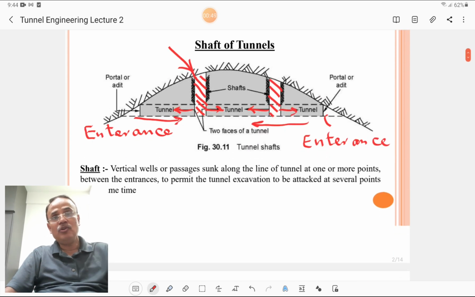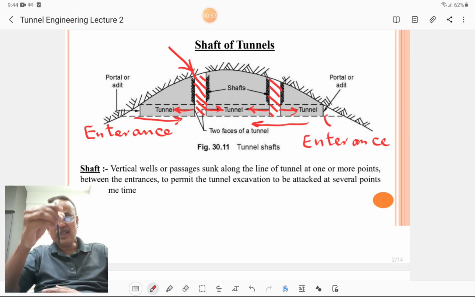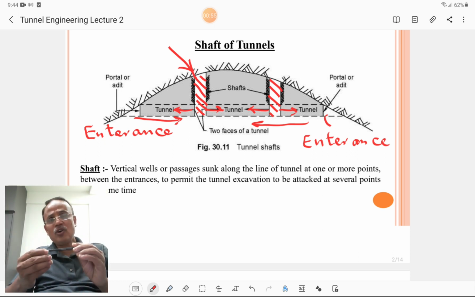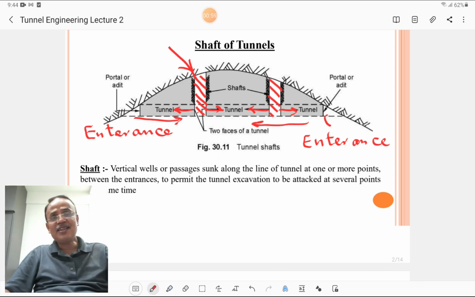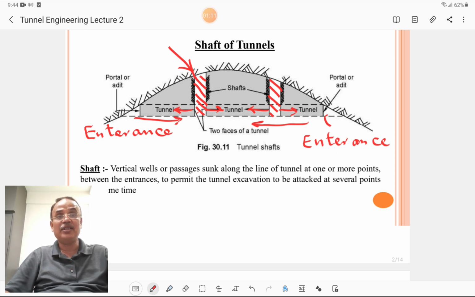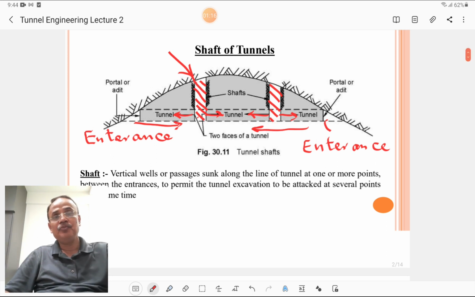First of all, we discuss the shaft. What is the shaft? Shaft is nothing but a vertical tunnel. Generally, tunnels are horizontal. But if a vertical tunnel is constructed, such a vertical construction is called a shaft. And technically, it is defined as vertical wells or passages sunk along the line of tunnel at one or more points between the entrances to permit the tunnel excavation to be attacked at several points at the same time, which